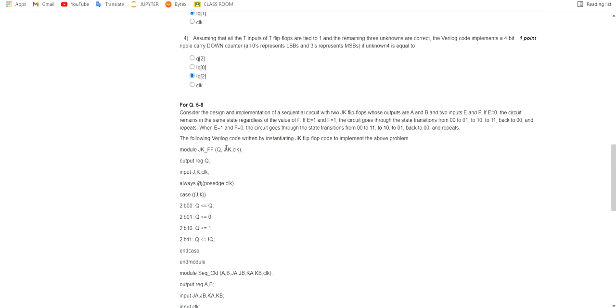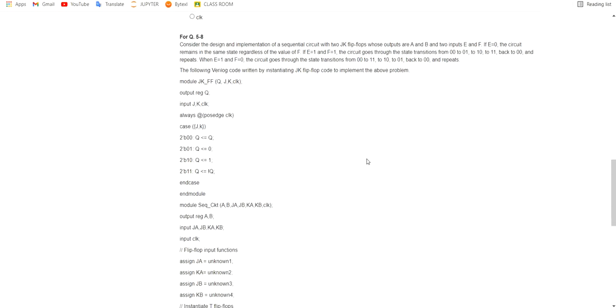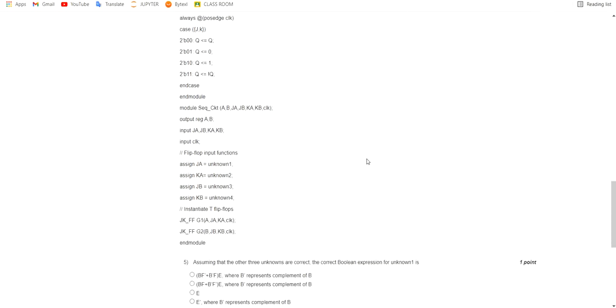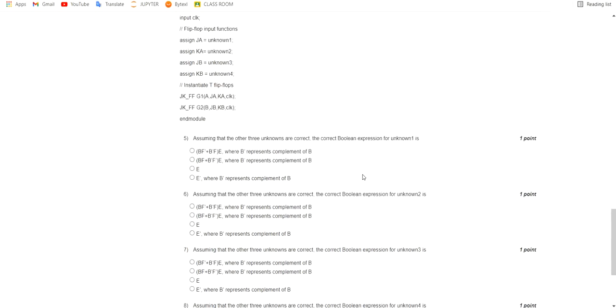And if E is equal to 1 and F is equal to 0, the circuit goes through the state transitions from 0 0 0 to 1 1. Okay, this is a left shift, I think. So here you have to use a multiplexer also, maybe. For the 5th question, assuming the other 3 unknowns are correct, the correct Boolean expression for unknown 1 is,